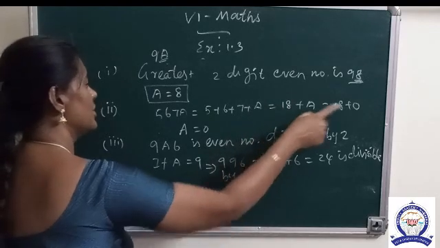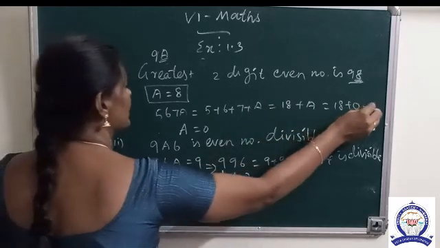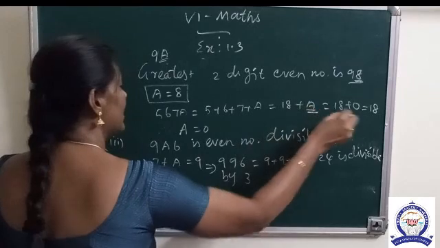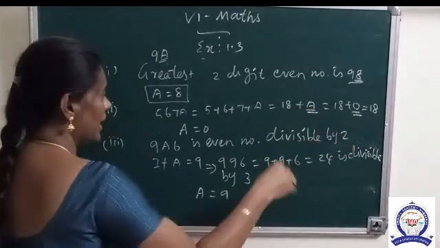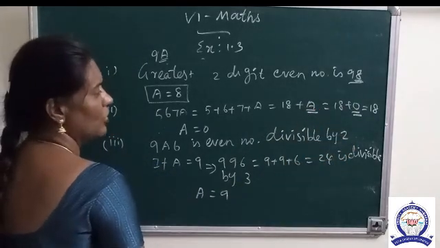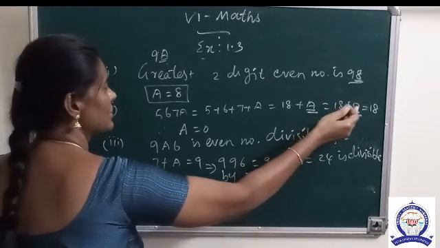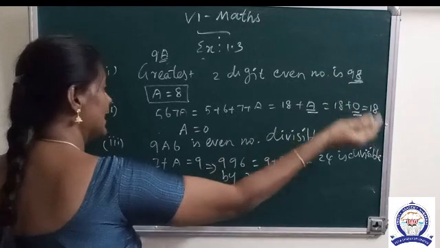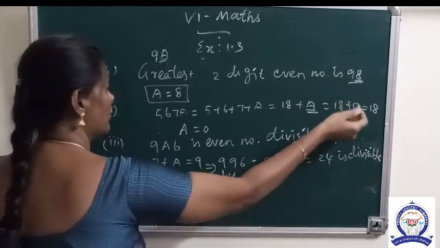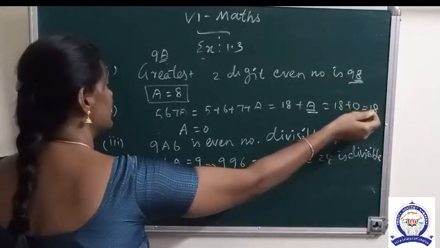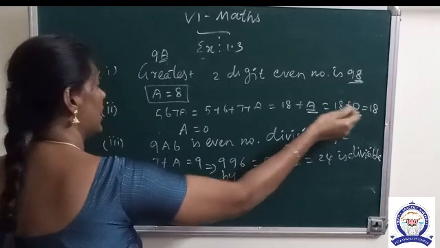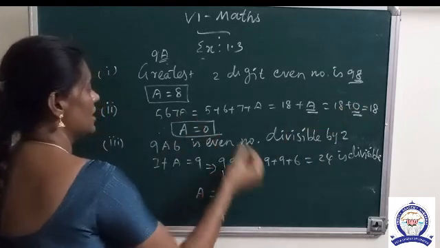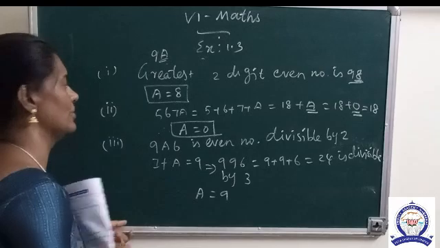So 18 ஓட 0 ஆட் பண்ணோம்னா again we get 18. So A இருக்க வேண்டிய இடத்துல எந்த least value போட்டா அந்த நம்பர் 3 ஆல divisible ஆகும். 18 plus 0 is 18, divisible by 3. So 18 நமக்கு ஆன்சர் தான். அப்ப A இருக்க வேண்டிய இடத்துல 0 போட்டா again we get 18. 18 is divisible by 3. So in the place of A we write 0. The value of A is 0.